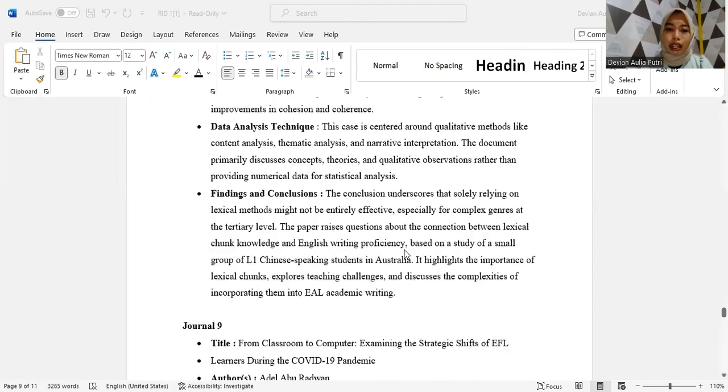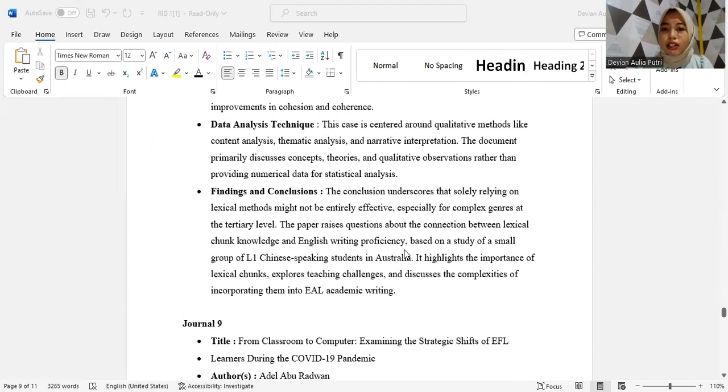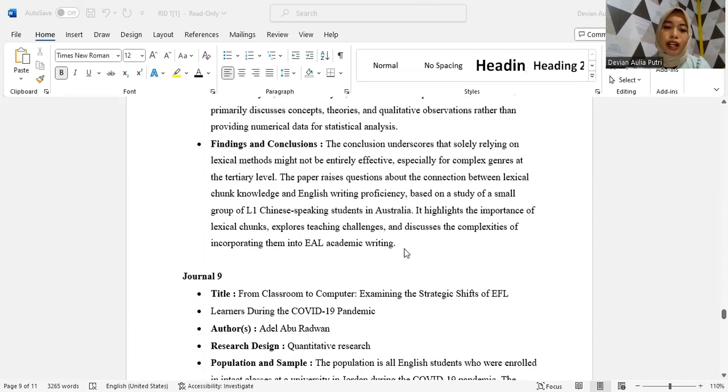Data analysis technique. This case is centered around qualitative methods like content analysis, thematic analysis, and narrative interpretation. Findings and conclusion. The conclusion underscores that solely relying on lexical methods might not be entirely effective, especially for complex genres at the